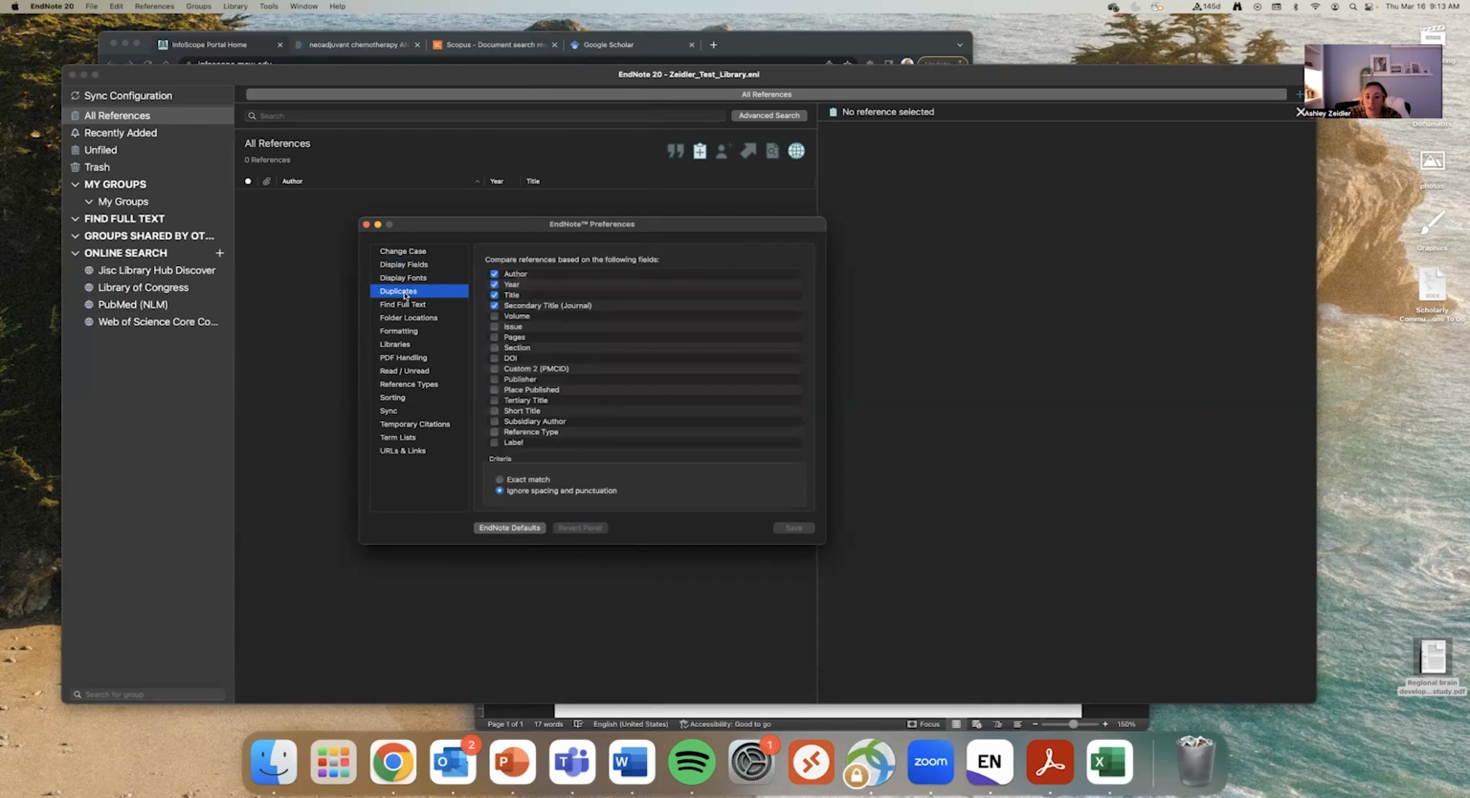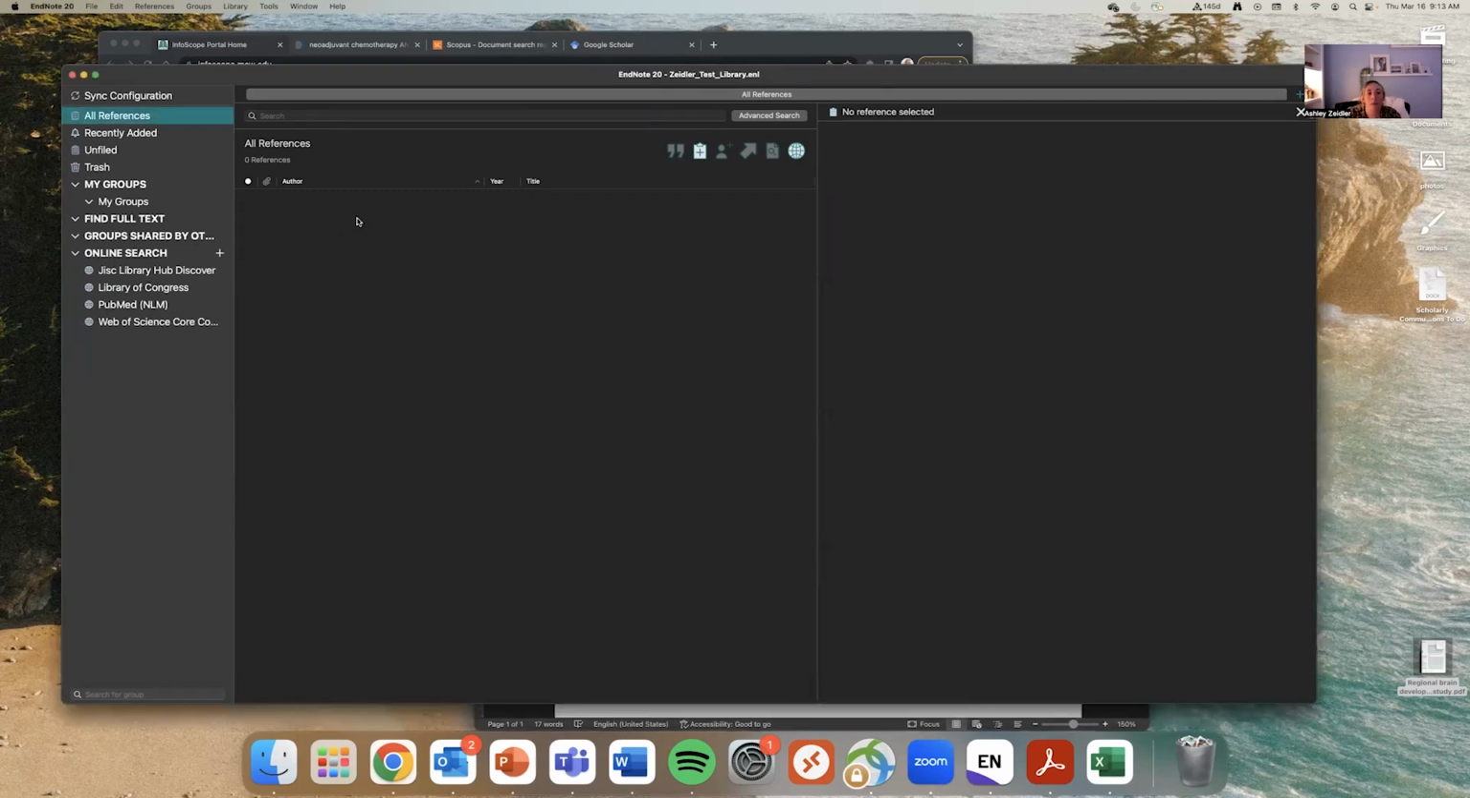I will go over duplicates as well, so finding duplicates, as well as full text. So I'll probably pop back over here in a little bit. But I did want to talk about output styles and something that you can